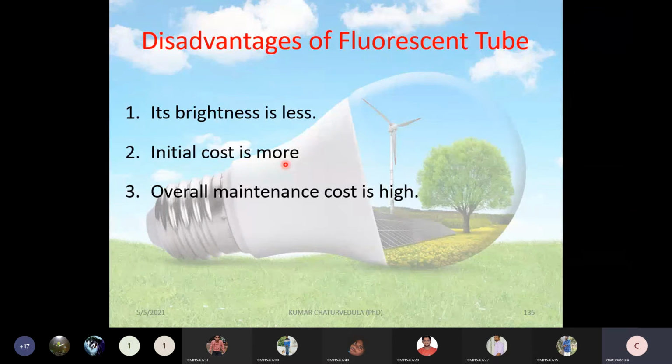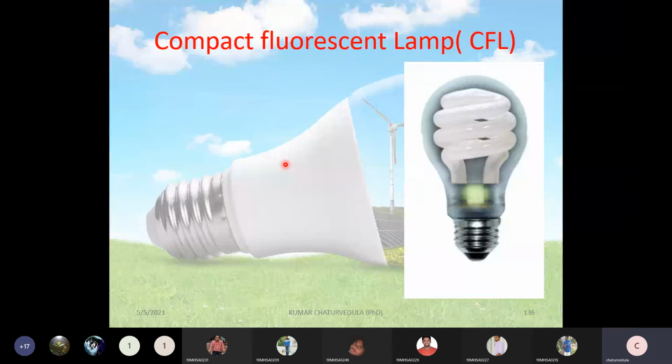If the bulb is gone, that means the bulb will be damaged only in the case of the filament. Sudden high voltage comes, the filament wire will break, and again if they buy a 10 rupees new bulb, it will come. But in case of a fluorescent tube, there may be a problem with the choke, there may be a problem with the bulb, there may be a problem with the capacitor, there may be a problem with the starter. So all these maintenance constraints are there for a fluorescent tube. That is why its initial cost is more as well as its maintenance cost is also more.